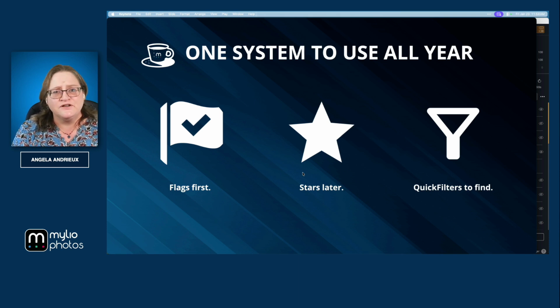Use those flags first. P for pick, X for reject. Those are your keyboard shortcuts for using flags. Use your stars later. You can use 1, 2, 3, 4, 5 on your keyboard to add a star rating. And then when you're ready to find things to share, you've got your quick filters, filter to the flags, filter to the rejects, get rid of those, clean those out of your system, free up that clutter, and then use